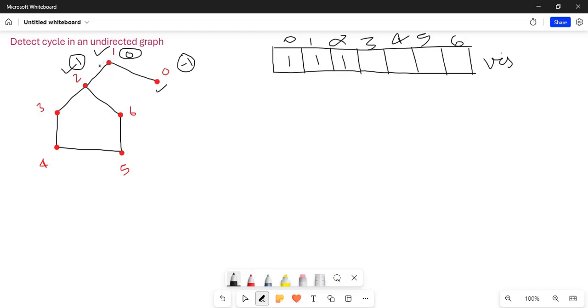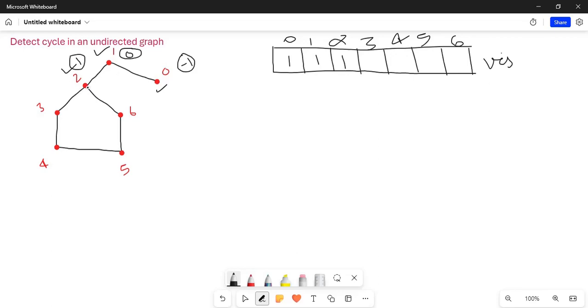Here 1 is already visited, so there may be a chance of a cycle. A cycle is present only if the visited child is not equal to the parent. But here 2 called 1, and 1 is the parent of 2, so there is no chance of a cycle.